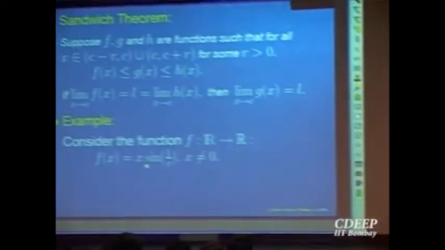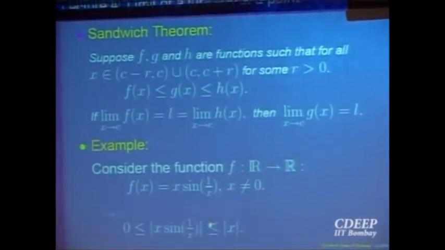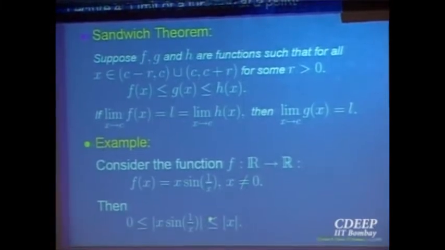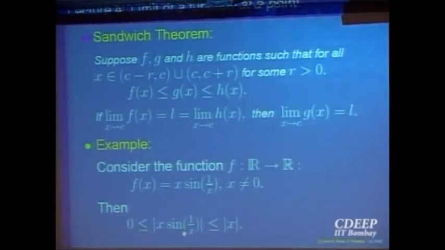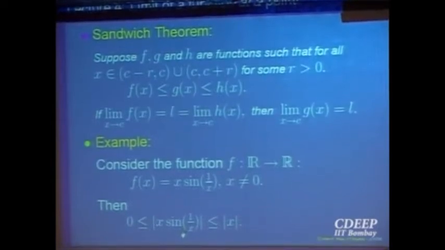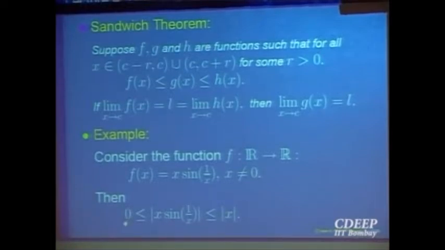Okay, properly. So let us look at x sine 1 over x for the time being, assuming you know the sine function very well. So I want to know what is the limit of this as x goes to 0. Let us look at the absolute value of this function f(x), which is bigger than or equal to 0. Sine is always less than or equal to 1 in absolute value. So it is less than or equal to mod x. So the function which is identically 0 is less than or equal to |f(x)|, which is less than or equal to mod x. So it is sandwiched between two functions.